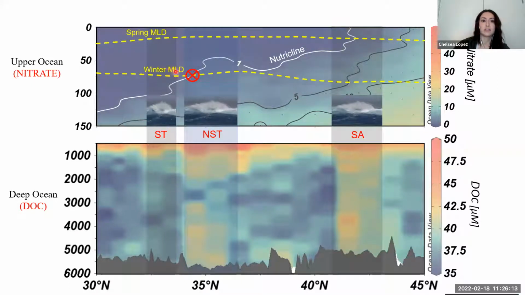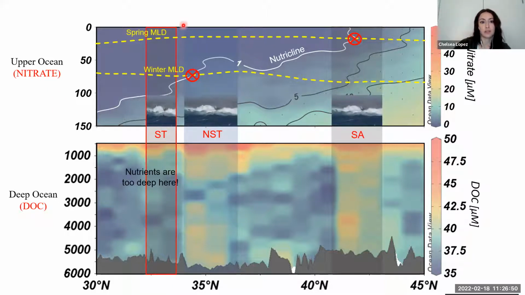And so as seasons go on, you have your winter mixed layer shoaling, and then now you have your spring mixed layer depth. So now you're farther away from access to those nutrients. So in spring, you now have the mixed layer depth crossing the nutricline here around 42 degrees north. And so this is where we also see that enrichment in DOC. And we did see large particles and small particles. So that would suggest that that export is happening instantaneously. Maybe it's also happening in winter. It would make sense that it is. We don't have evidence of that.